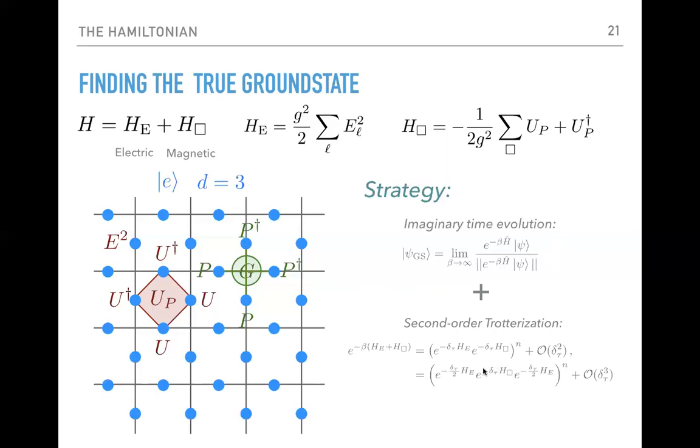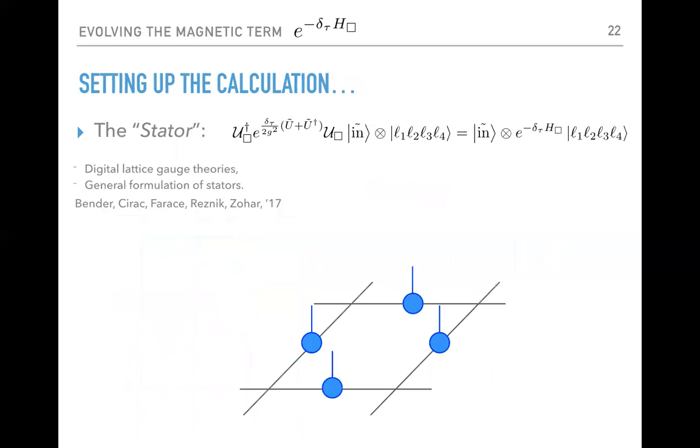So in this sequence, the hard part is, of course, this one. The electric part is just single-site operators that we know very well how to apply. But the problem is these four-body operators here. And for this, I'm going to introduce this technique, which is very important for the project. It turned out that it was the critical aspect that we had to find. But it's very technical and a little bit complicated, so let me just briefly tell you what it means.